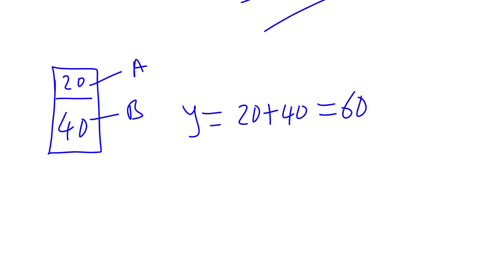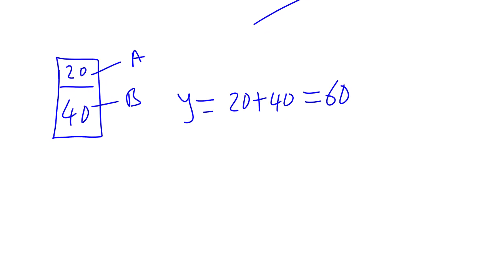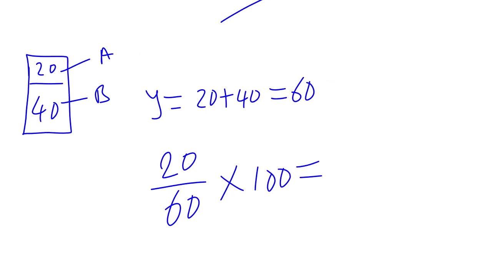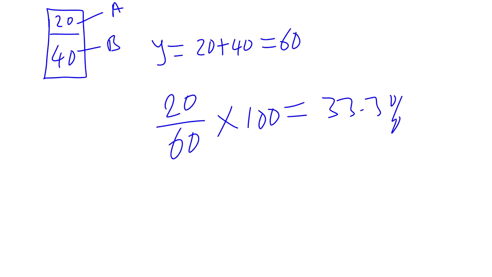Now, if you're asked to find 20, or if you are asked to get the percentage of A here, what you should do is just say 20 over the total, which is 60, then multiply by 100 will give you 33.3%. This is the percentage of 20 in the whole box. Then you can go ahead and find the percentage of 40, but you don't need the